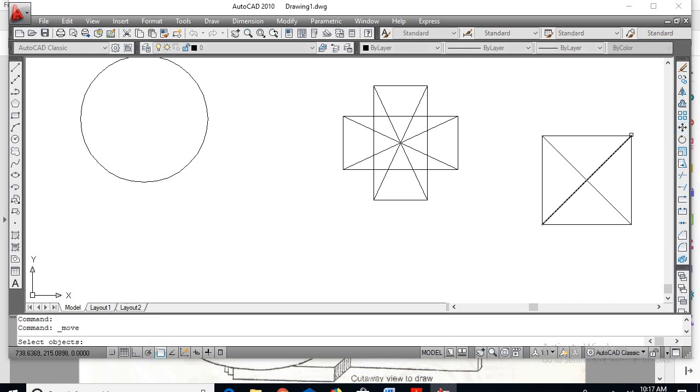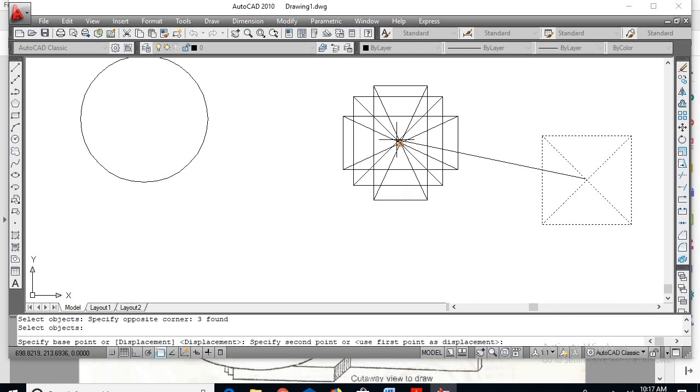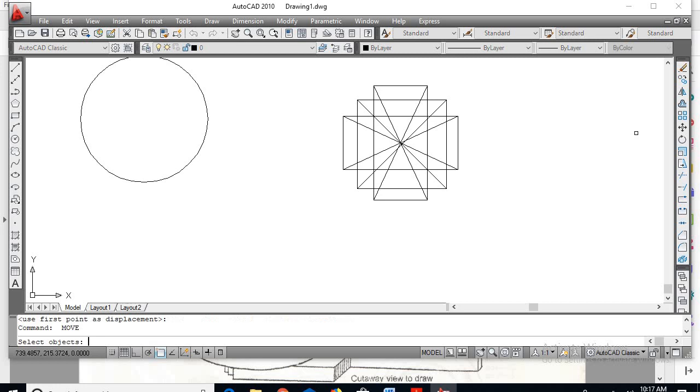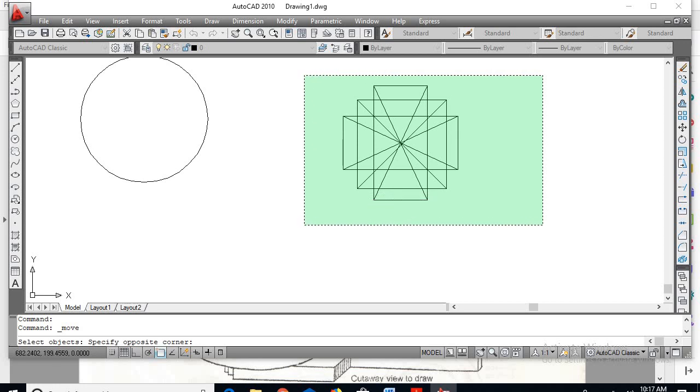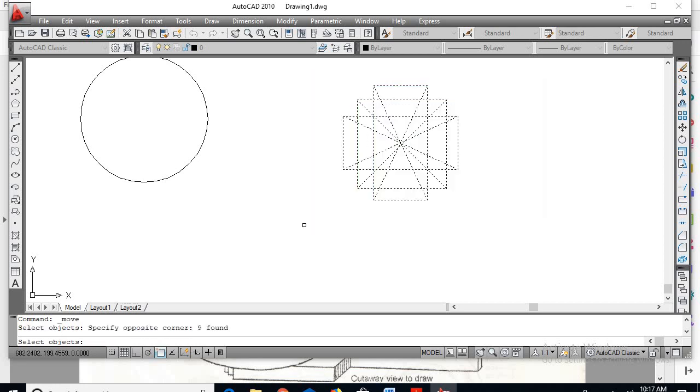Now go for move command, select this full object, enter, take the midpoint, insert in this picture, come out of the command. Now go for move command, select all three steps, enter.